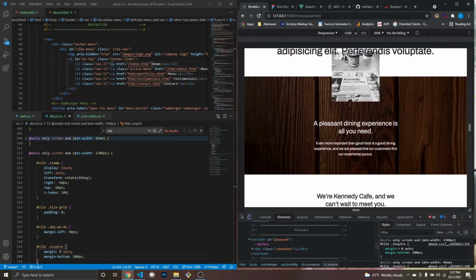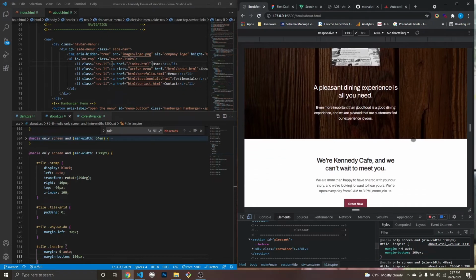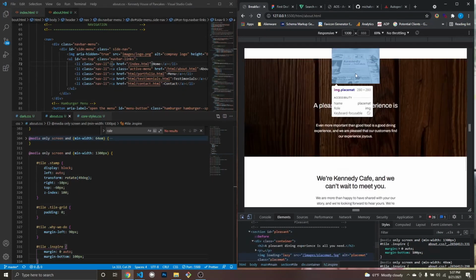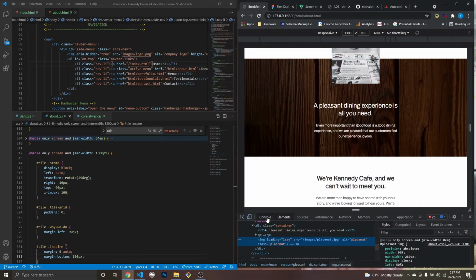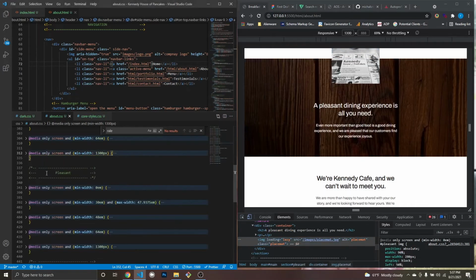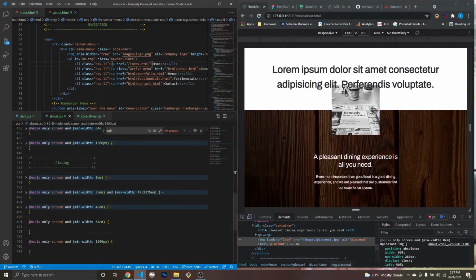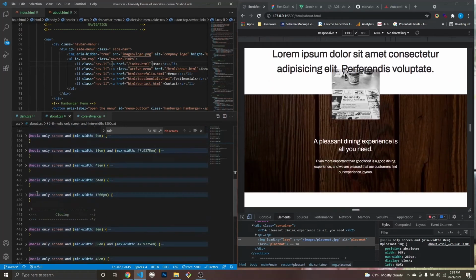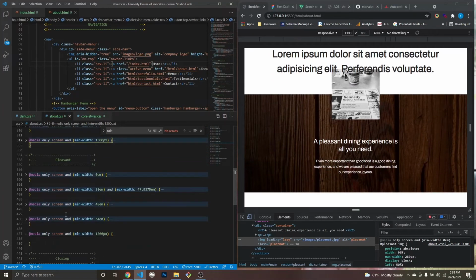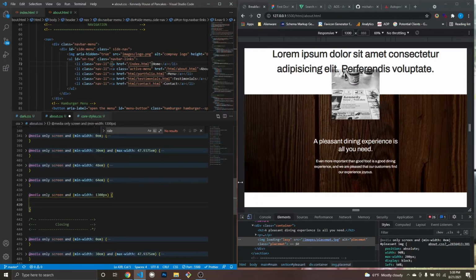And then we're going to go down to this guy here. We're going to do our little flippy. Put this guy right here. So the first thing I want to do is position absolute. Okay. So I want to go into my closing. No, pleasant. And I want